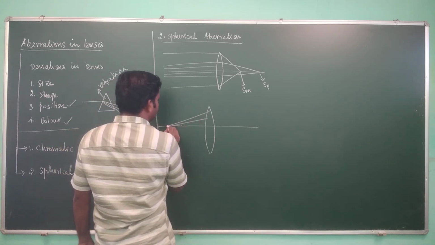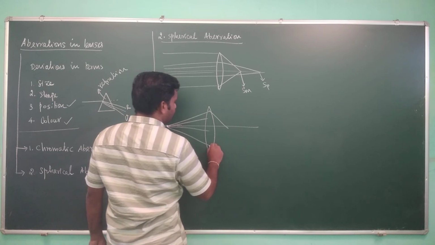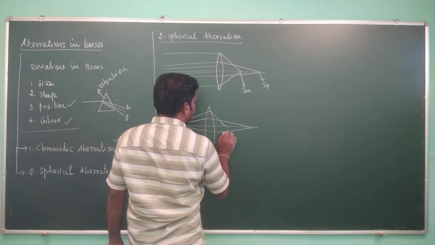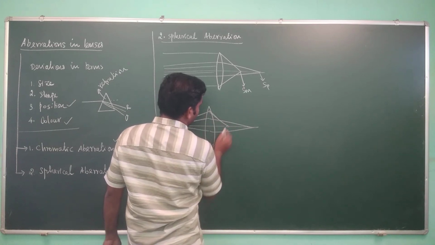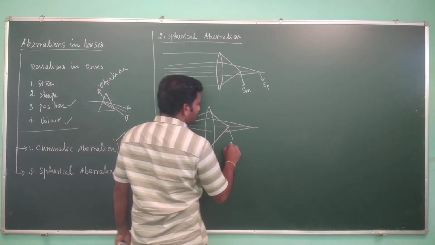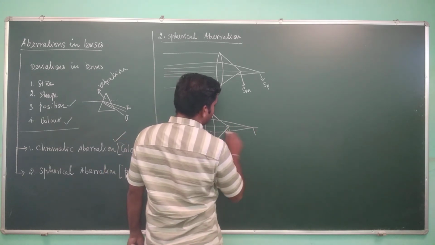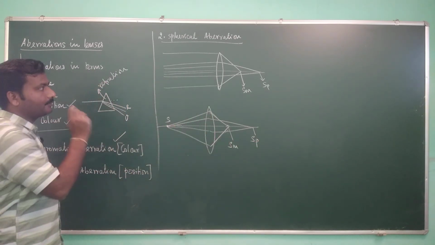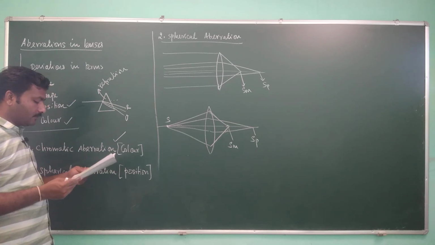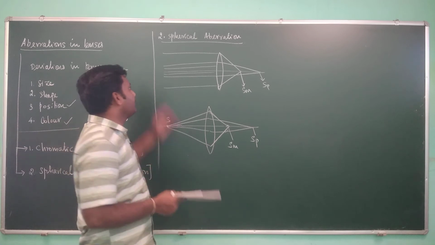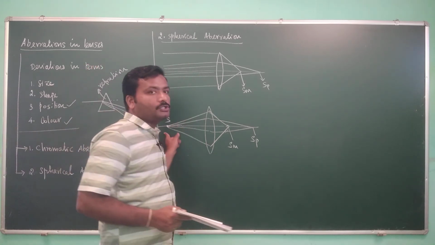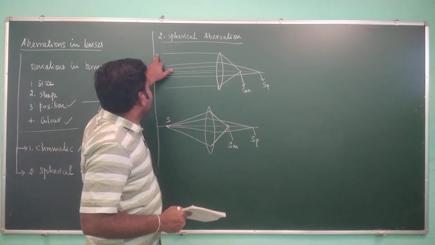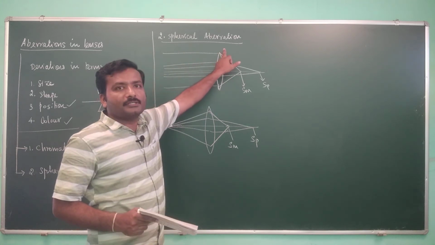At any case, right? So it happens like this. So this is the image of the source by marginal rays. This is paraxial rays. It is the source, right? Using these two diagrams, we would be able to explain the spherical aberrations. That is the light ray coming from infinity and light ray coming from a point source from a finite distance from the lens. Now what happens if the light ray travels about the margin of the lens?